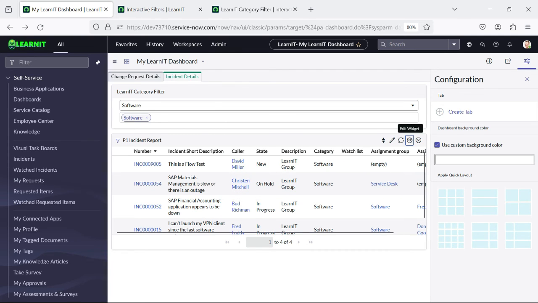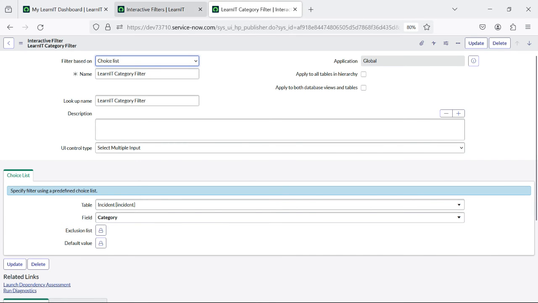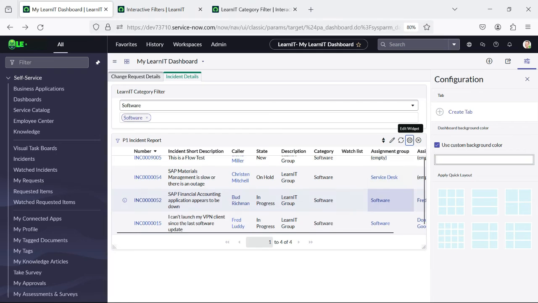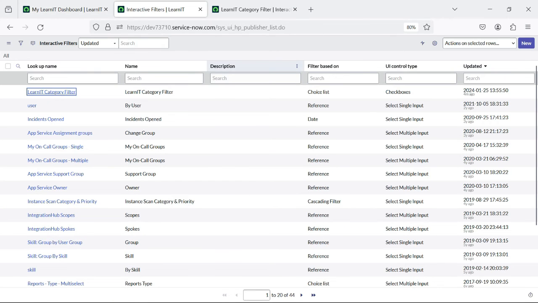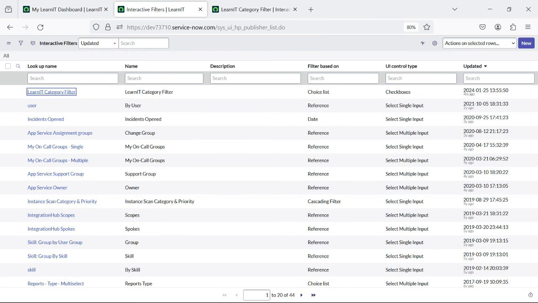Alright, so now I will create another type of interactive filter. Suppose I will create it for assignment group, and assignment group is a reference field. So I will show you how we can create this interactive filter for a reference field. Alright, so I will click on the new button again,